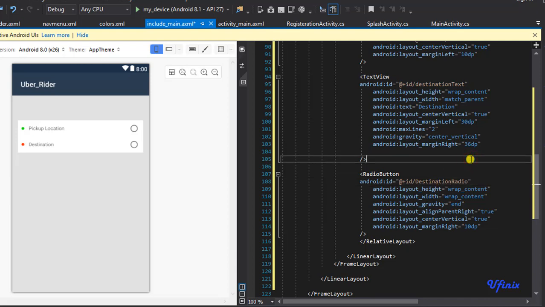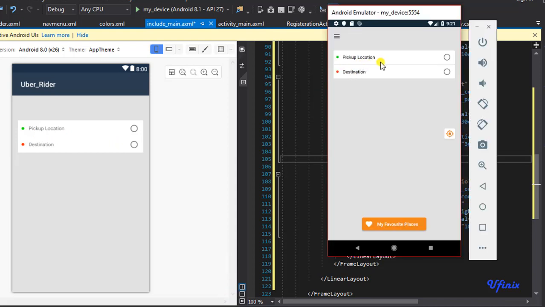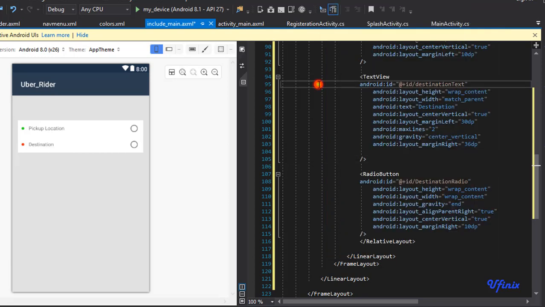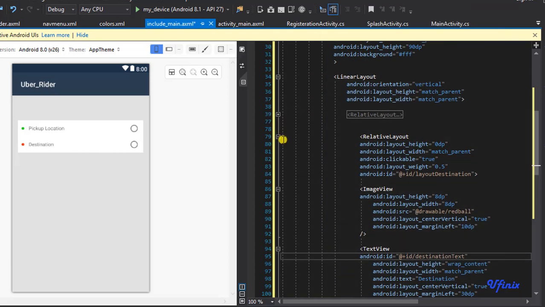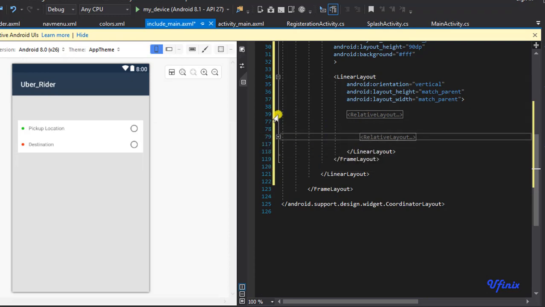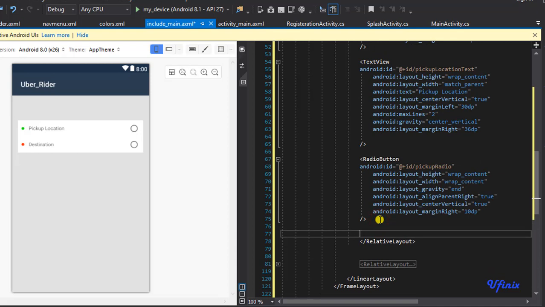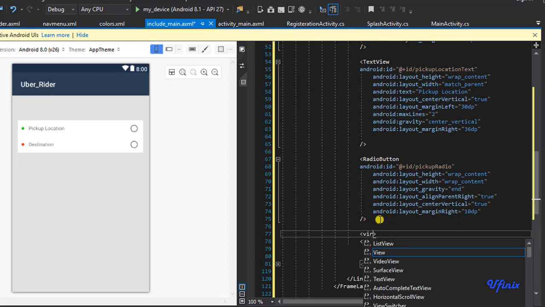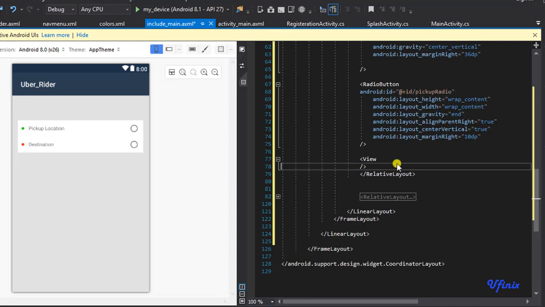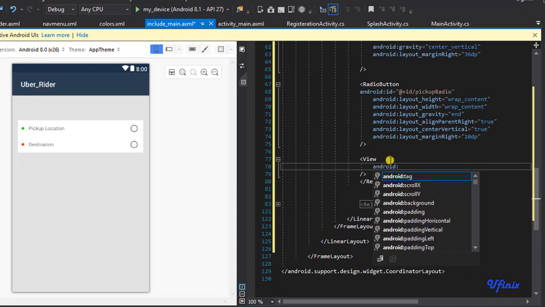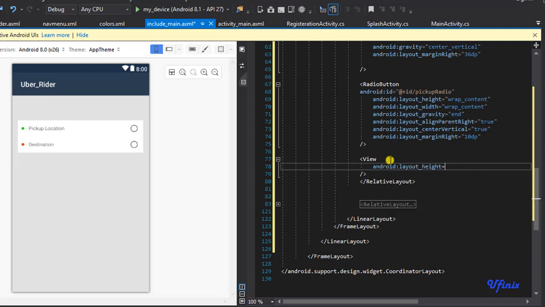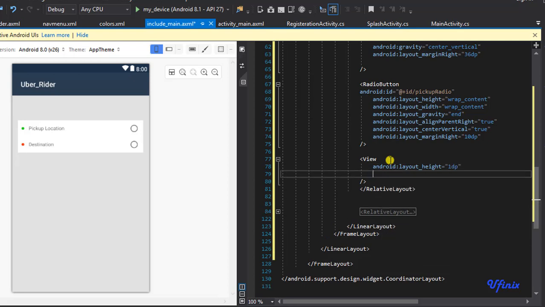Okay, as you can see, it's showing. So the small ash line that we have, all right, this line, to get it, we're going to add a view in one of the relative layouts. Okay, so let's use the first one. Let's add a view at the bottom of it. So we're going to say view. Let's add some attributes. Layout height, which should be just 1 dp, and our width,